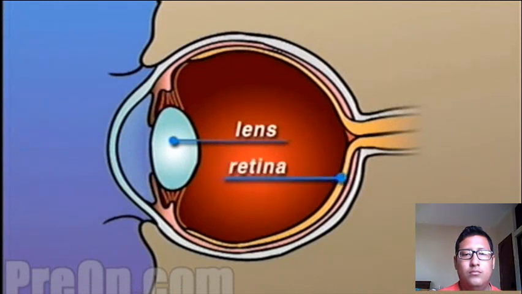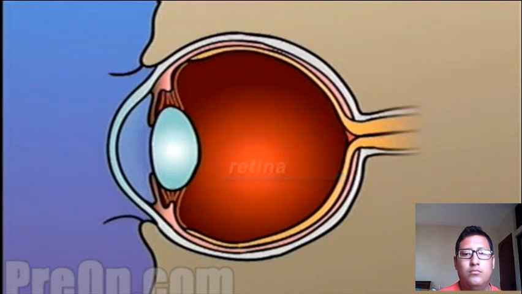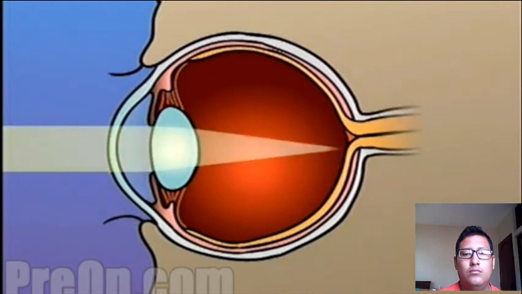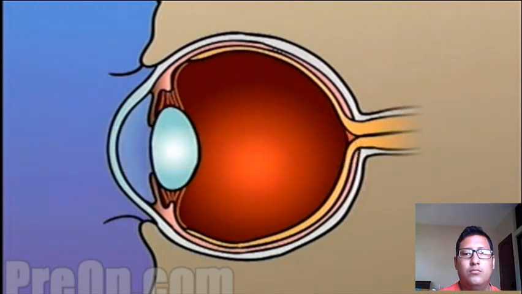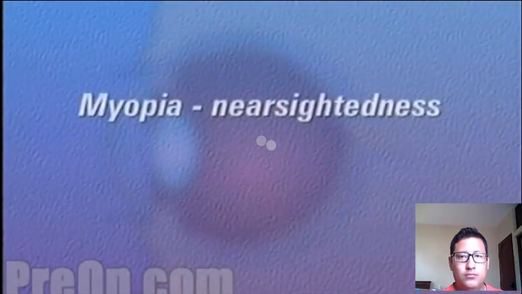This tissue makes up the retina, which acts like photographic film. In an eye that has perfect vision, light rays passing through the pupil are focused by the lens to fall precisely at the center of the retina. There are many common problems that can affect the eye and prevent light rays from focusing properly on the retina. 3 of these problems: myopia or nearsightedness,